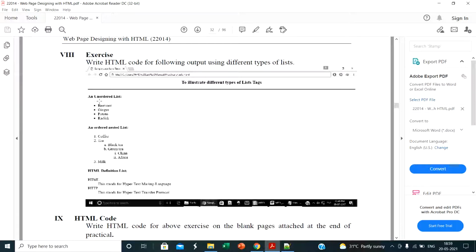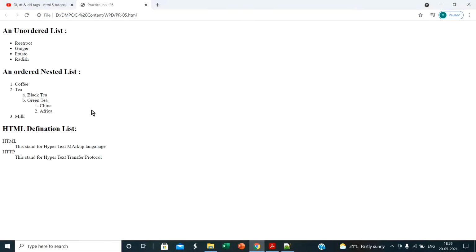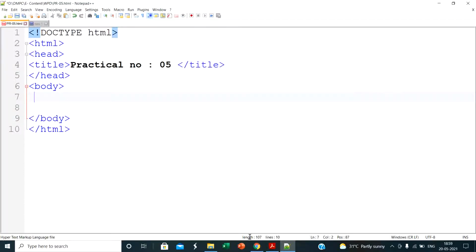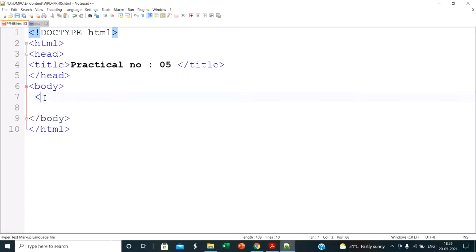Now first we display an unordered list. For that, here the code is: I write the basic program, all of you know this. Inside the body we write the code to display the first unordered list. Here our output is an unordered list. To get this, first in the body I create one heading h2.